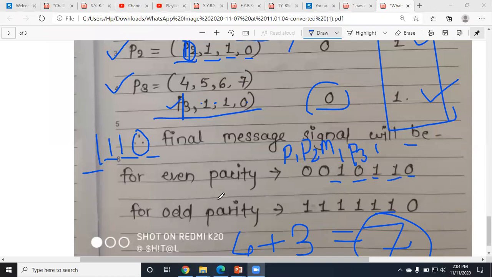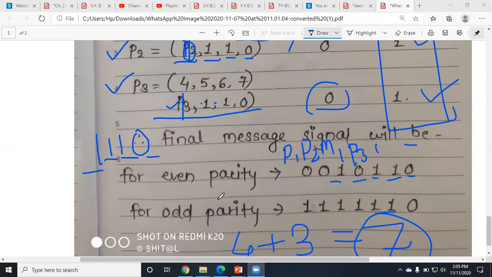Everyone understand now? Very good. So this is Hamming code for 4 bits of your message signal. If the message signals are 4, you know how to calculate parity bits. Once you know how many parity bits you are going to add, you will have the entire 7 bits of signal: 4 message bits, 3 parity bits. You put your parity bits at the positions of powers of 2.